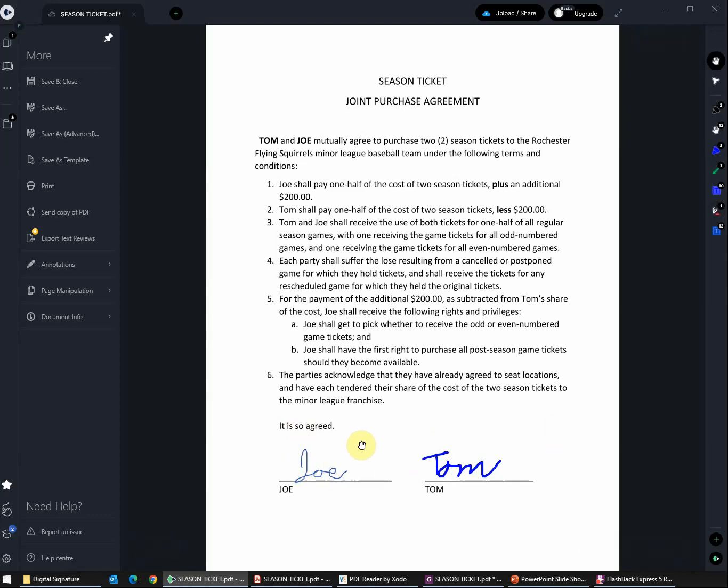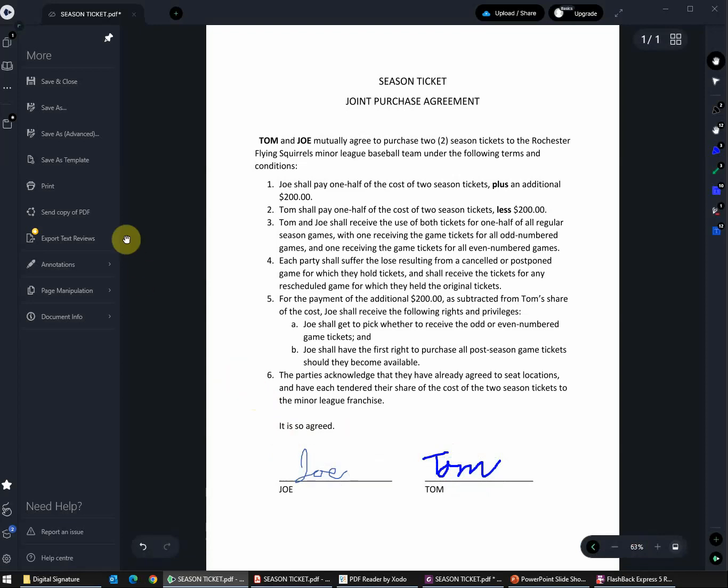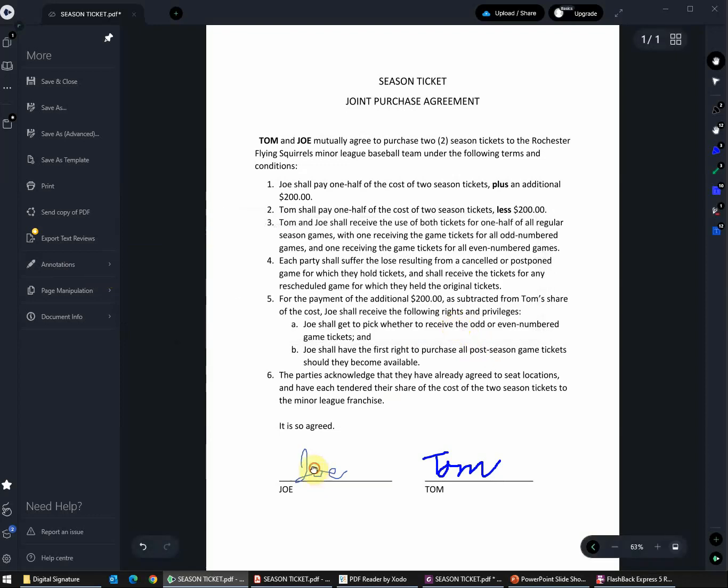Now, one final comment here is, what do I do with those signatures? Because I can go through there and delete these things. See, I can take that and hit delete, and it's gone. So what we want to do is, in this particular one, we want to flatten those annotations. And when I do that, I just click yes, and now all of a sudden my arrow cursor is gone, and you'll see I can't move those annotations. So if I now save this document with those annotations flattened, they can't be copied or lifted. So those signatures are protected on this document,